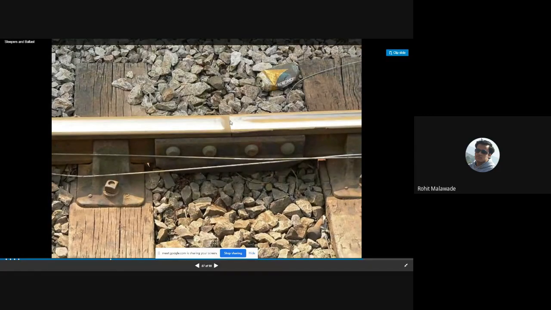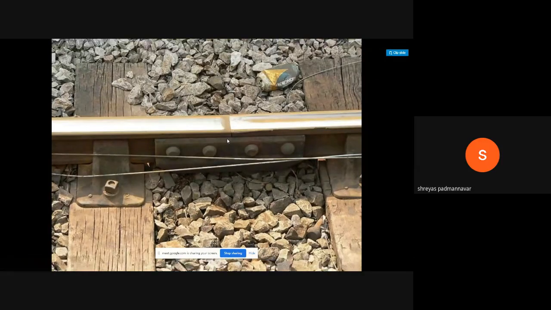See, this one rail is going to finish over here, and the other rail is going to start. The 2 rails are going to be attached with the fish plates and fish bolts. I think this diagram is clear why we are going to use the fish plate and fish bolt. Is it clear? Yes, sir.